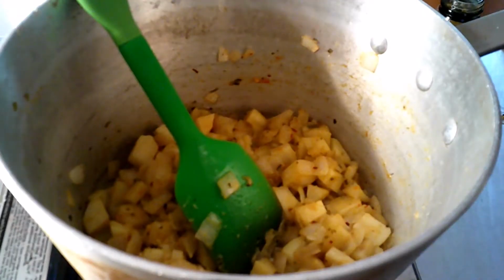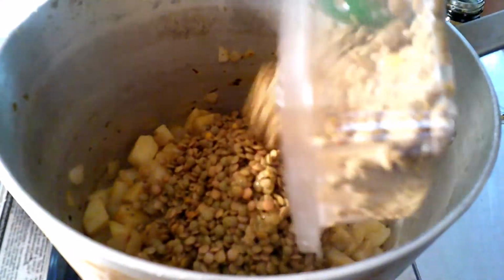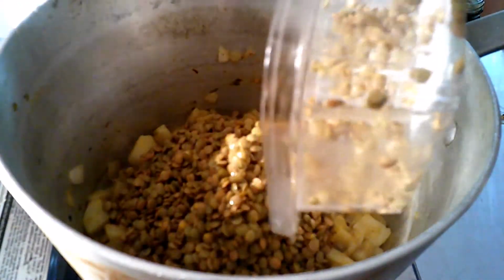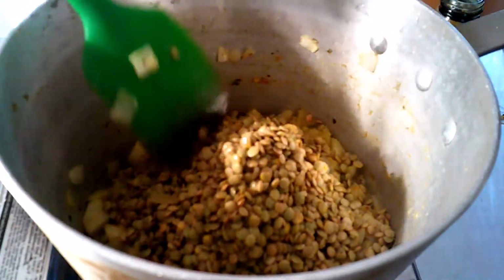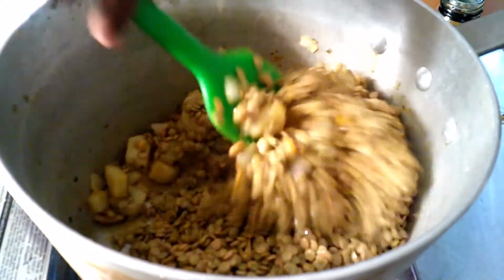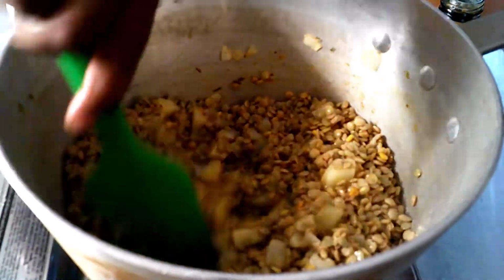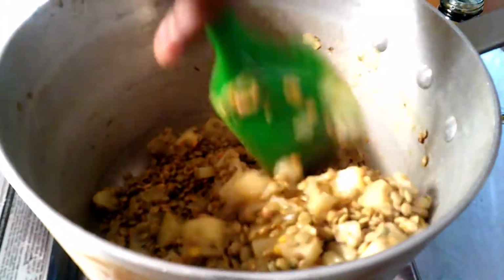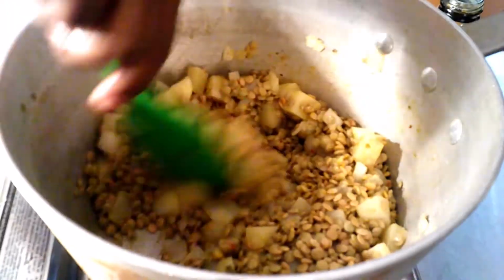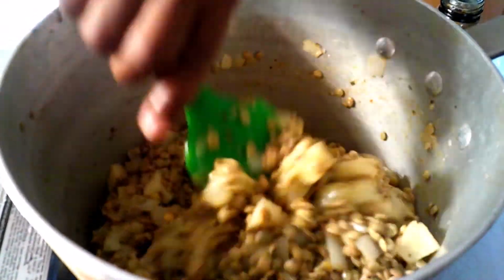All right. Now it is time to add the green lentils. Now this is 18 ounces of green lentils. Please be sure to wash those off before you add them. This is 18 ounces, a little over a pound of lentils, and we're gonna work those in real good. I probably should have pulled back a little bit, but hey, we're gonna roll with the whole box. 18 ounces of lentils it is. This is a big stock pot, so it can handle it. All right, so now that we have those lentils worked in there with the potatoes and the onions and all the other seasonings,